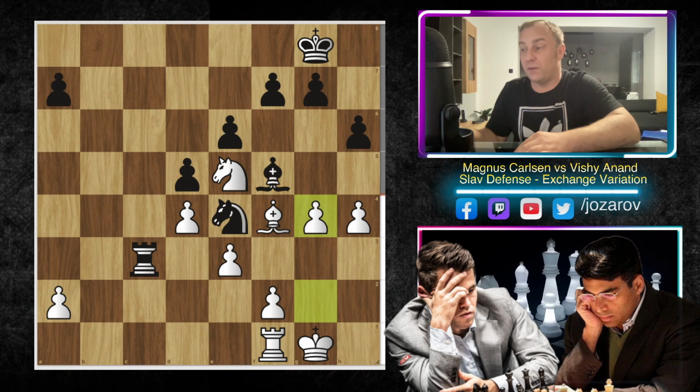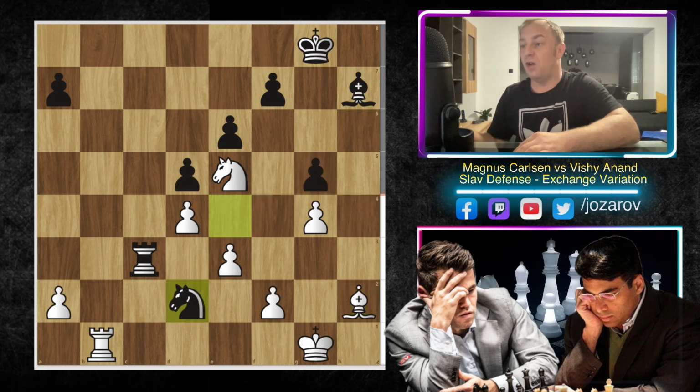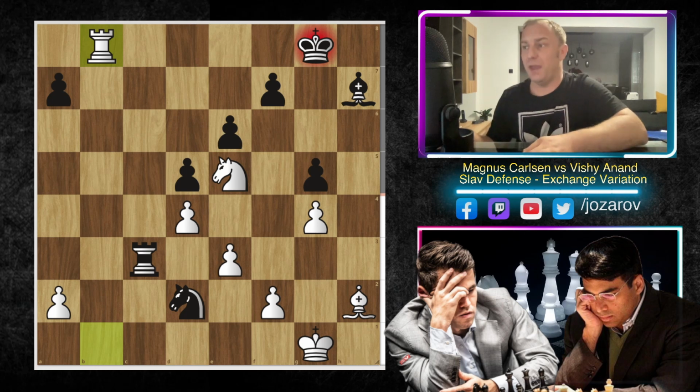Here in the continuation we have now g4, bishop to h7, and now rook to b1 here by Magnus Carlsen. We have now g5, very interesting choice here by Vishy. We have h takes g5, h takes g5, bishop to h2, and now a very nice move again by Vishy. We have now knight to d2, also discovered attack here by the bishop. So here rook to b8, check, king to g7, and now rook to b7.